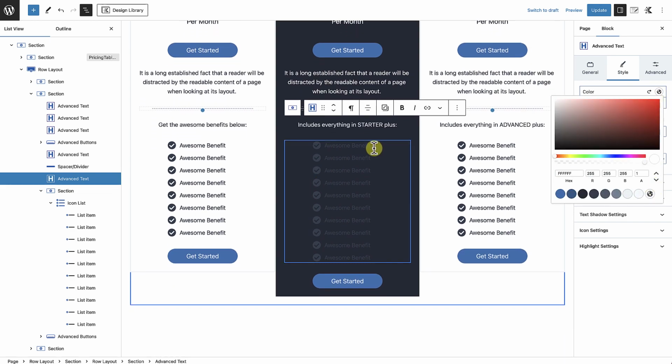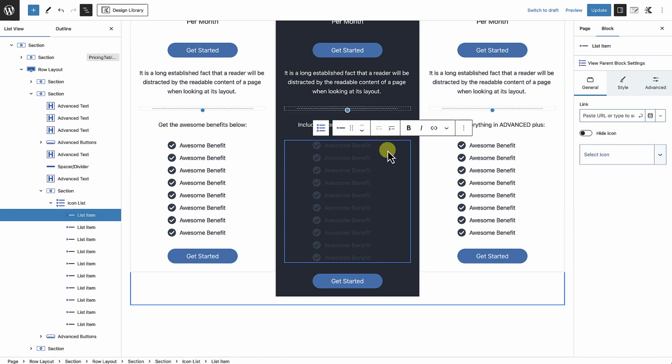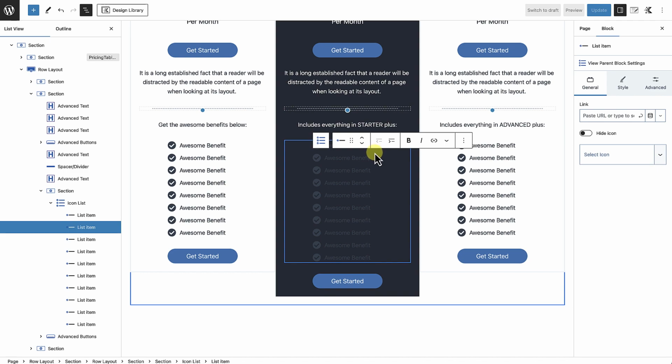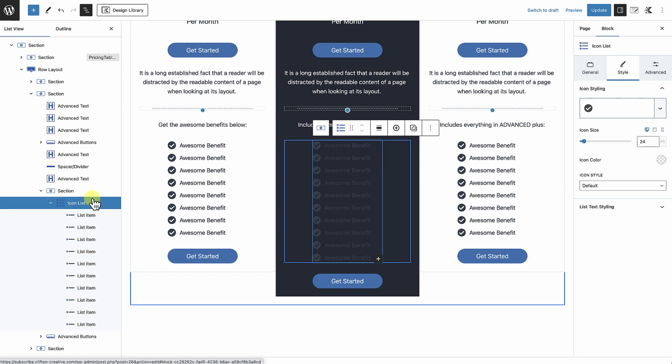And then here where we have the list of benefits, we're going to go ahead and select the icon list. So make sure that when you select it, you're selecting the icon list itself. Sometimes when you select this, it'll select one of the items itself, like a list item. You can see here on the left-hand side in the list view, it's selected an item. You just want to make sure you're selecting the icon list. You can often do that here on the list style